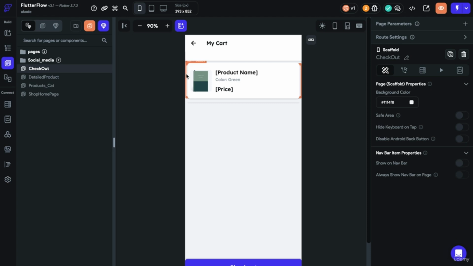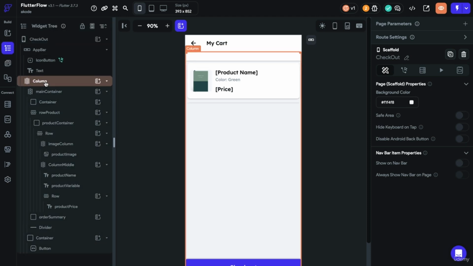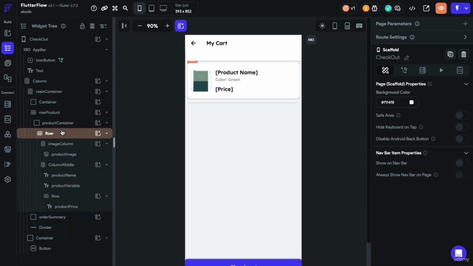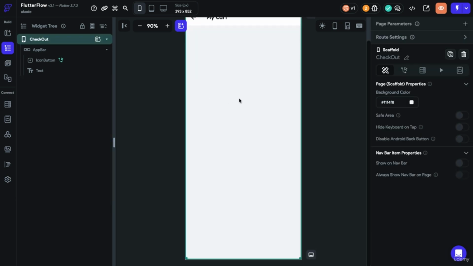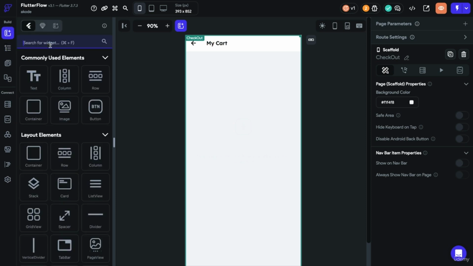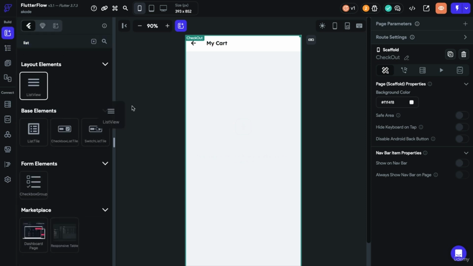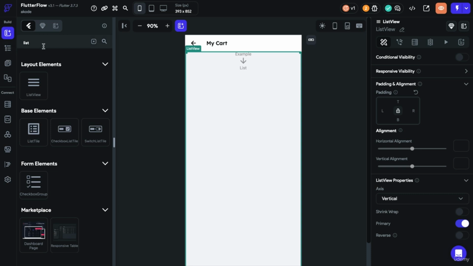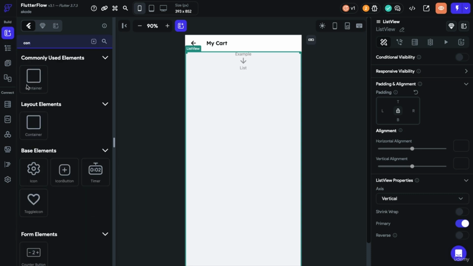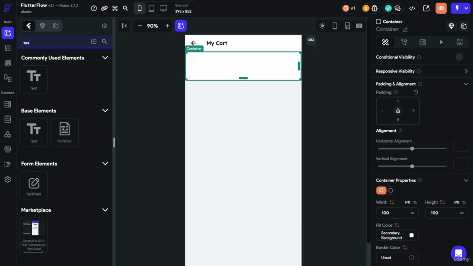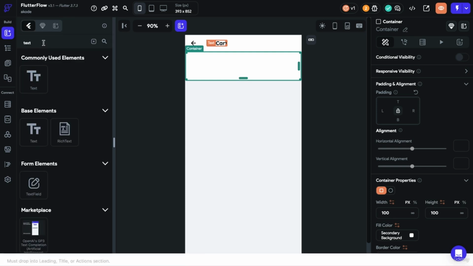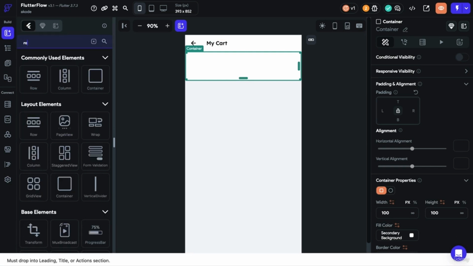Okay, great. Then we have the checkout, the last one. And here we want to have a list view again. Is there not a list view? Okay, there's no list view. We'll make it ourselves. Let's just delete this, and we will add a list view. And in there, to make it look a little bit pretty, we'll have a container, and then we will have a row,